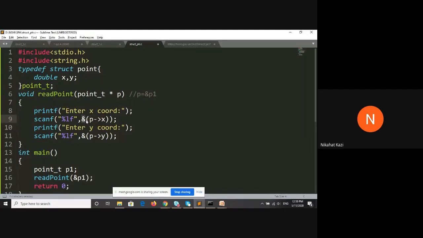If you were simply printing, you wouldn't need the address of operator; we'll see it later. We just need to say p arrow x, p arrow y, like that. So whatever you have written here is passed here, and p arrow x in effect means p1 dot x.